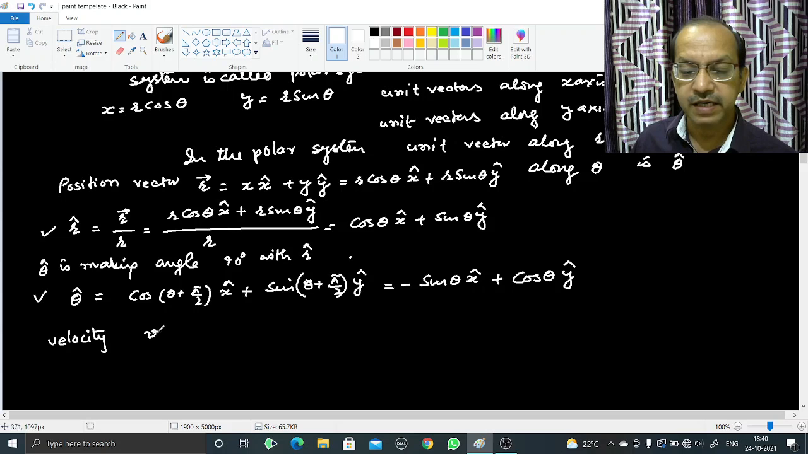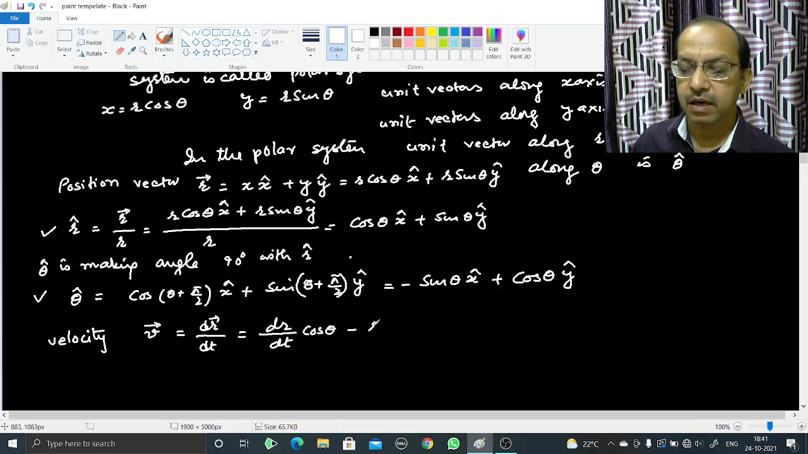So velocity can be written as v equal to dr, the differentiation of the position vector, which is the velocity. Here r is r cos theta x cap plus r sin theta y cap, so it will be dr over dt. Here r is variable, a function of time, and theta may also be a function of time because the particle is moving, and we have assumed that the coordinate axes are fixed. So it will be dr over dt cos theta